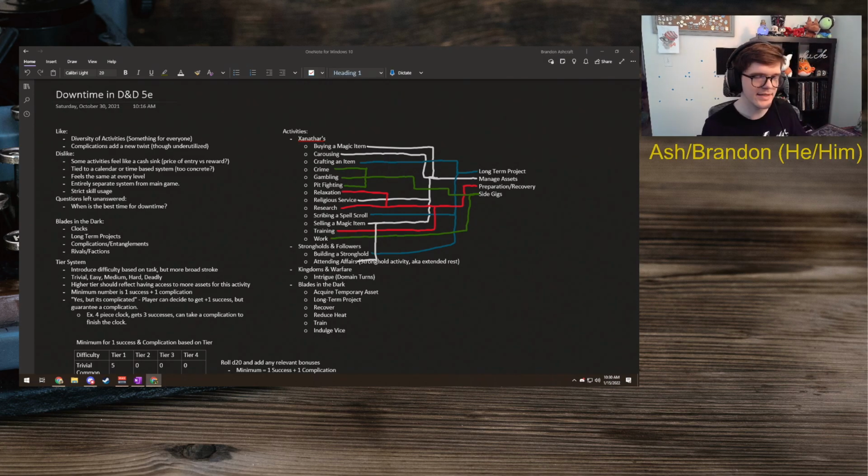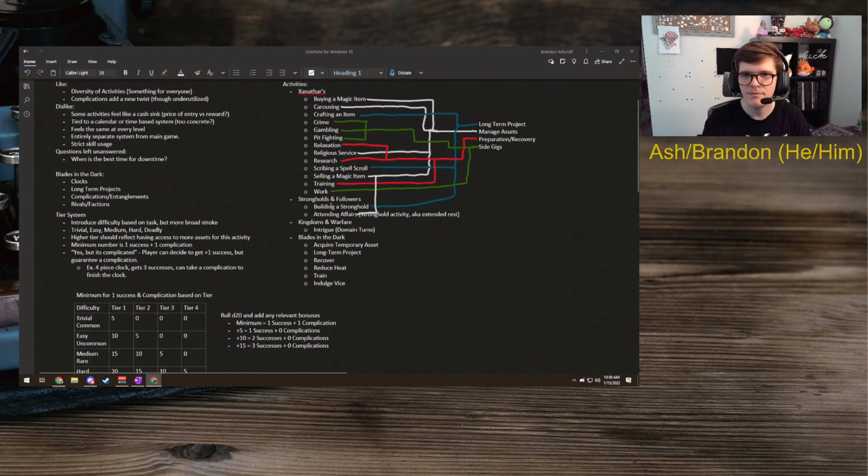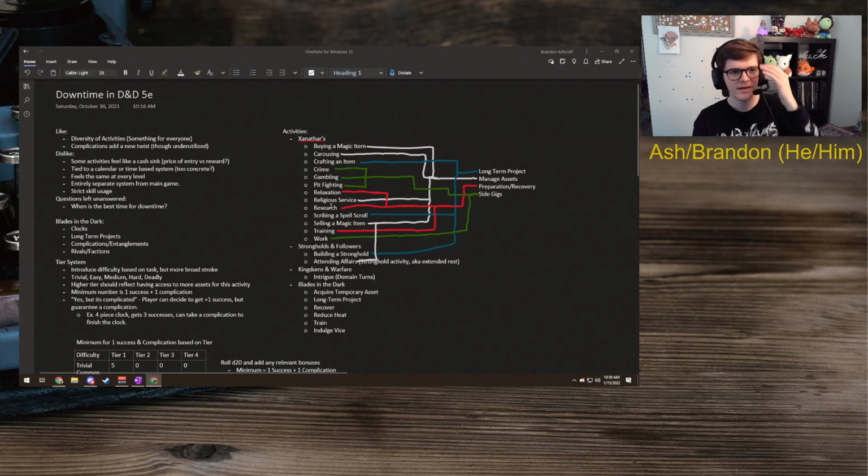I did think about making this a Magic deck building episode, but I didn't have a concept in mind. So here we are. And I need to figure out how I would do that efficiently. So what we're going to do is kind of review, because it has been since October since I looked at this document. So we're going to review, and then we're going to work on the second activity, which was manage assets, and see how that goes.